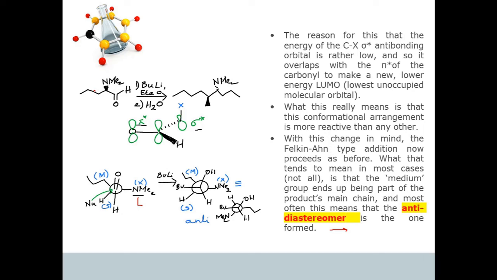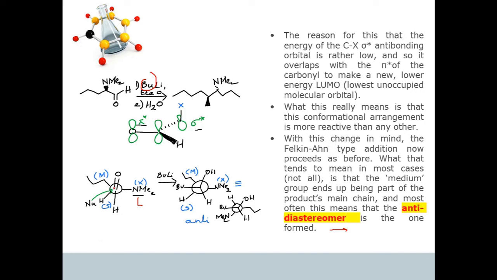Now I take up this molecule where I have a carbonyl group and hydrogen, and I am going to treat it with butyl lithium. So the butyl group is my nucleophile. When the attack takes place, we have to carefully draw the Felkin-Anh model where my electronegative group lies perpendicular to the carbonyl carbon. I have my medium group, I have my small group. Again, this molecule can have two transition states, and this particular transition state is preferred.